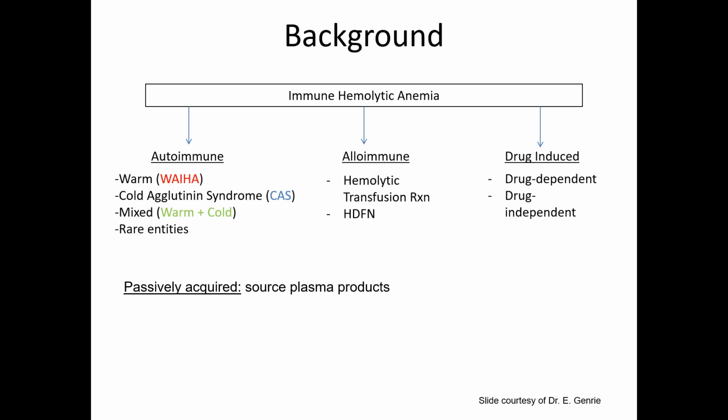red cell destruction. So on the left-hand side of your screen, this is what we'll be talking about: autoimmune-related diseases. We'll touch on warm autoimmune hemolytic anemia, spend, as I said, the majority of our time talking about cold agglutinin syndrome. There is a diagnostic category for a mixed autoimmune hemolytic anemia and some other rare entities which I'll touch on. But don't forget, if you have a suspicion for immune-mediated hemolysis, that you also need to be